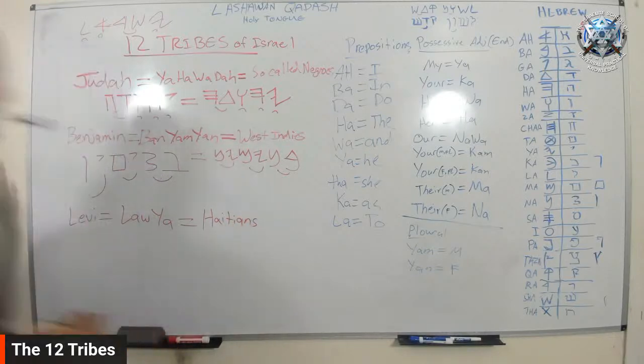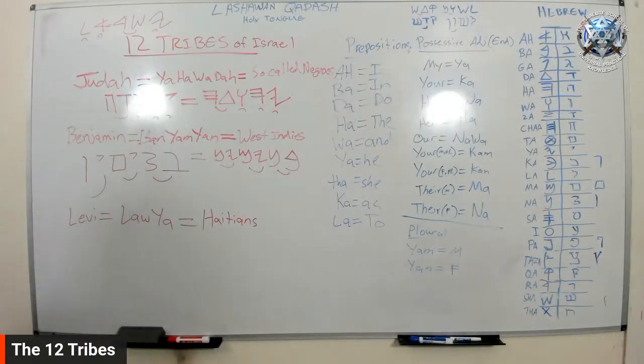Now, for the sake of time, going over the 12 tribes of Israel is a breakdown in itself that we have during the history classes, or maybe even in the law classes where you may see that being broken down. But the reason why it's important that we bring this out right here is because we're bringing the Hebrew aspect of it so that you understand how to say these words and say these names.